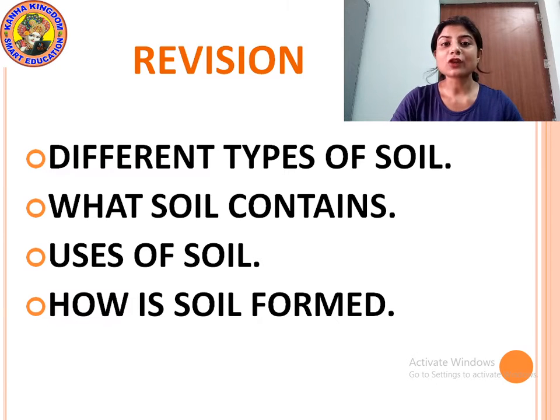Then what does soil contain? Soil contains humus, sand, clay and pebbles. What does soil contain? It contains humus, sand, clay and pebbles. Then what is humus? Humus is made up of the remains of dead plants and animals. Okay. Humus is made by the remains of dead plants and